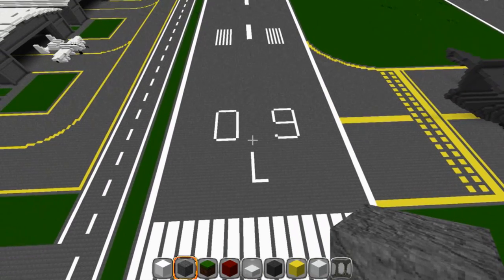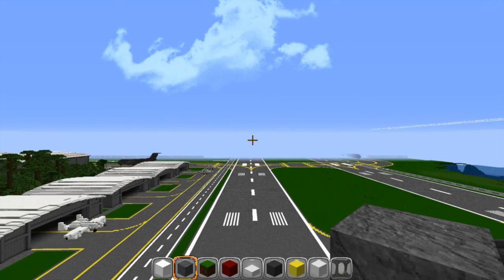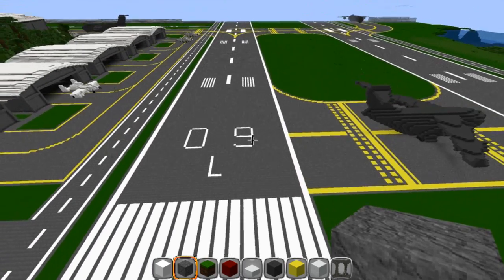So on the end of this runway, I've got a 9. On the end of the other runway facing this way, I have a 27. All right. Now, if you have more than